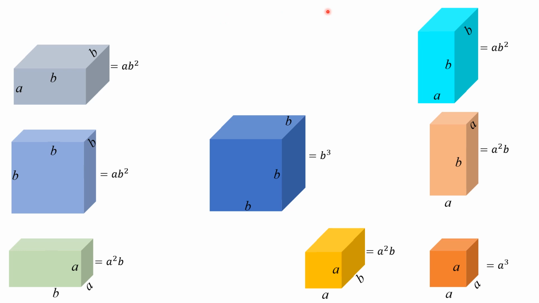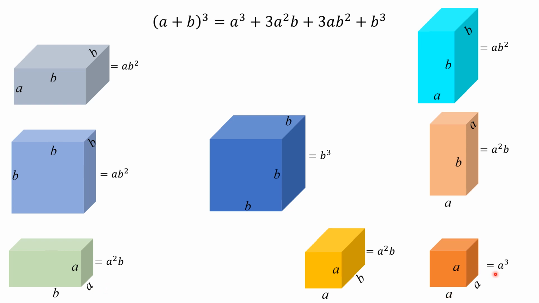So let us see the formula here. This was the actual formula, a plus b whole cube. This was our actual cube taken, and these are actually the sum of all the smaller parallelepipeds, the volume of the sum of all smaller parallelepipeds. How? This is equal to the sum of all these volumes.